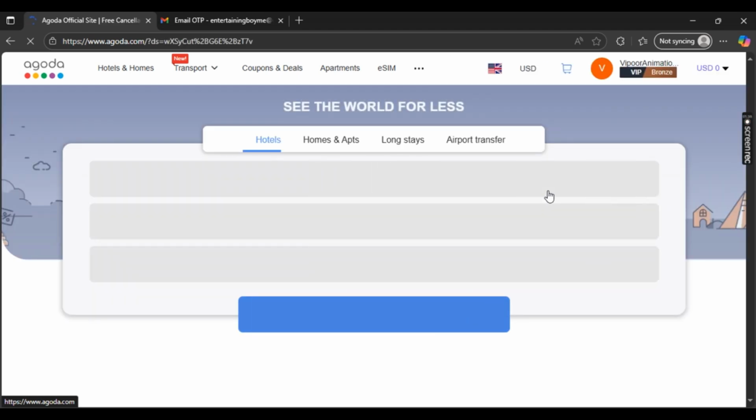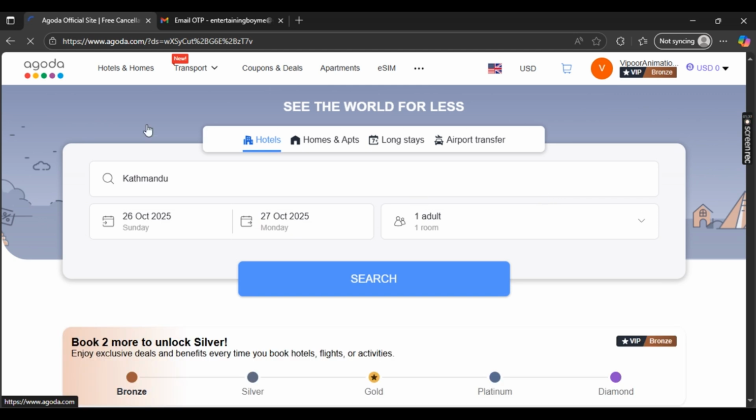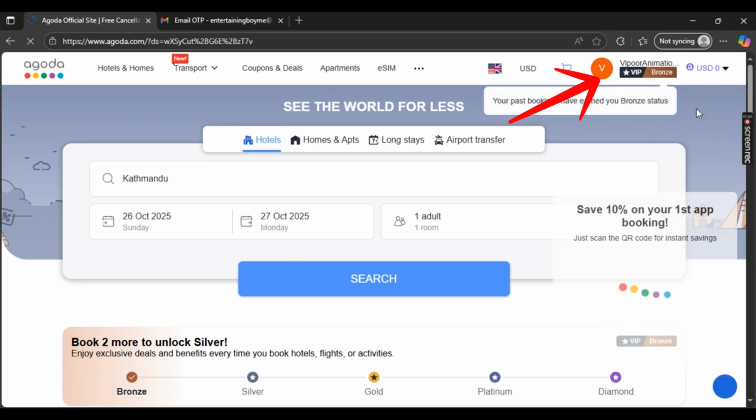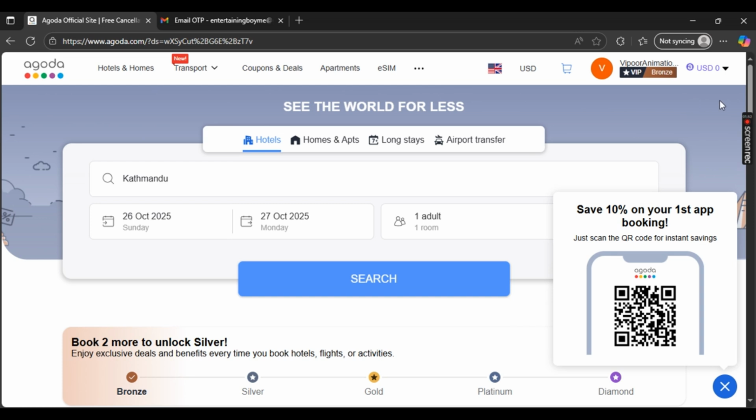Now, first things first, simply open up your agoda.com website. So once you have opened up agoda.com, you should be seeing your website right here. On the top right side, you should be seeing your current profile. Once you are seeing your profile, you can just simply select it once, and once you have selected it,